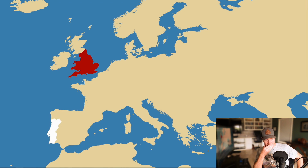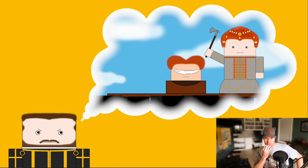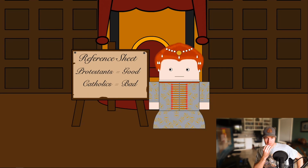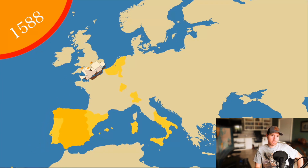Relations worsened when Portugal, England's oldest ally, had a succession crisis which saw Philippe crowned its king. The final straw for Philippe was when Elizabeth had Mary, the Queen of Scots, beheaded in 1587. The reasons for this are complex, but it was essentially because Elizabeth did not want Scotland returning to Catholicism. So Philippe, now pretty fed up, ordered the creation of an armada which was to sail to the Netherlands before